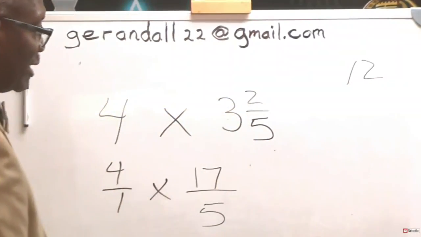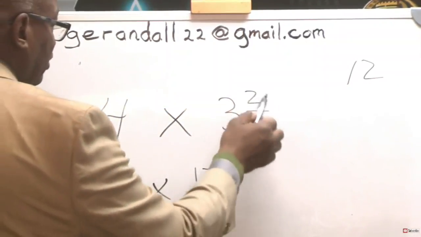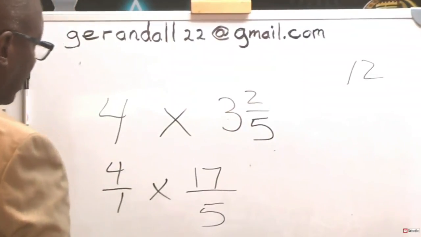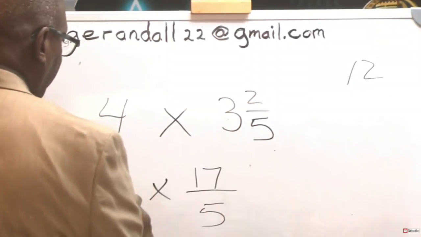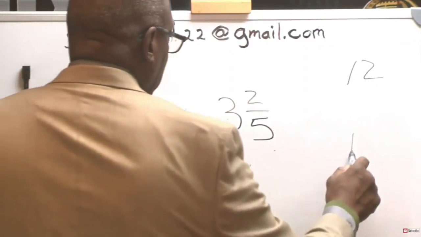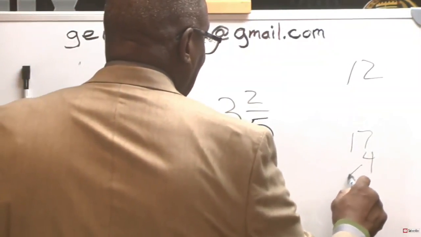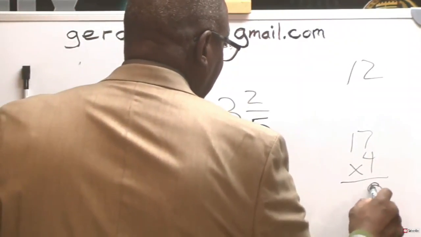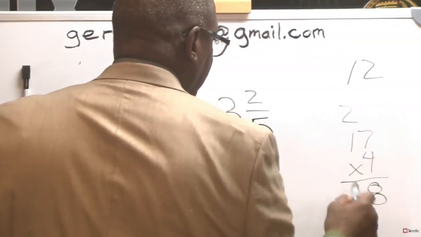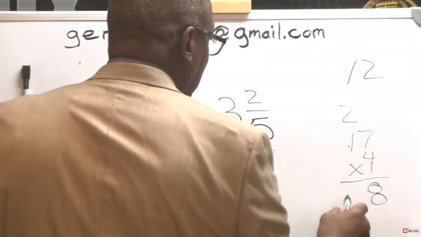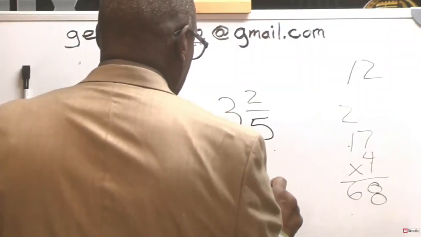But we know we're going to exceed that because of this 2/5. So again, 4 times 7, 28, carry 2, 4 times 1, plus 2, 68,